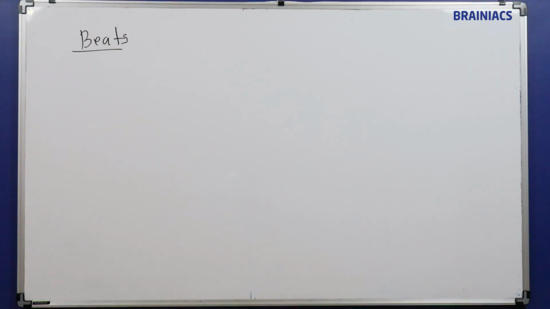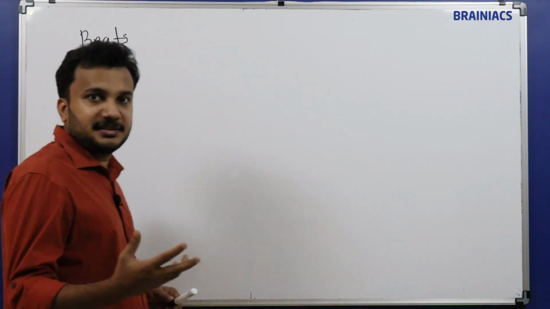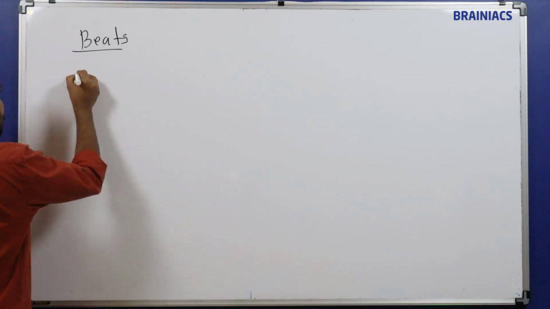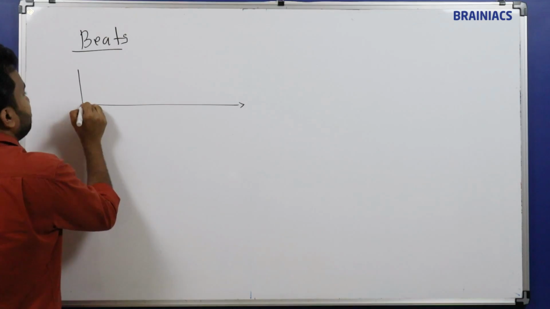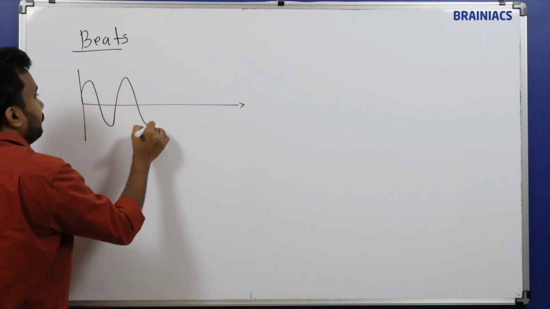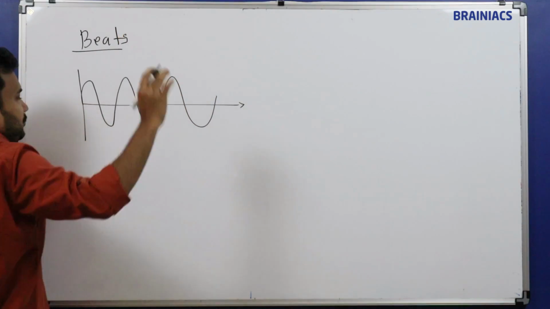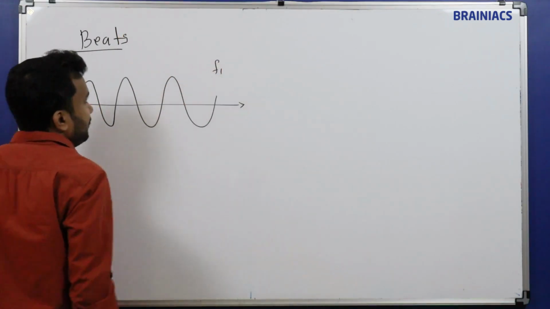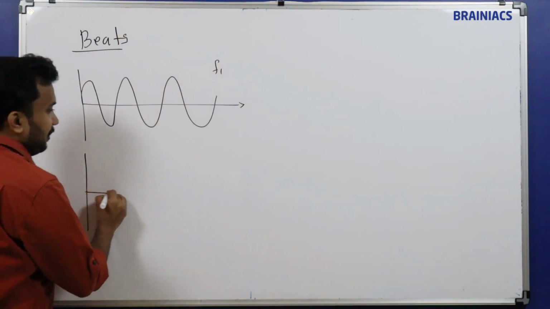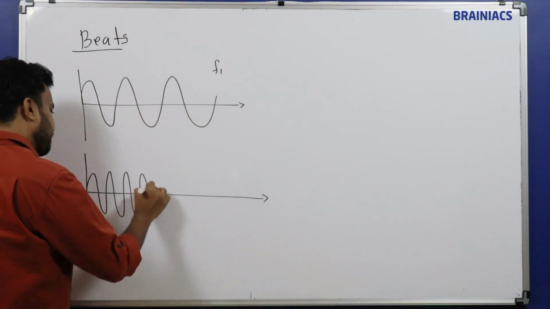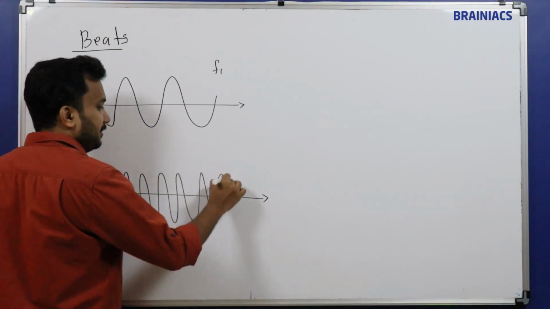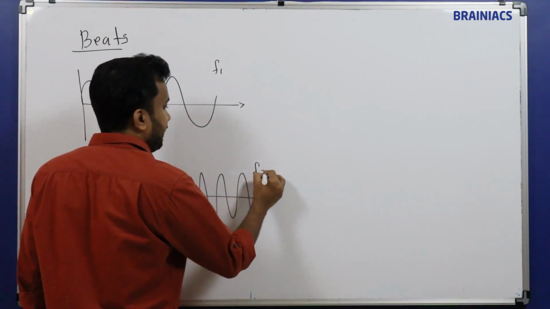Now I hope you are clear what is called beats. Now we will represent this as a diagram. I don't want to give some beautiful definition, but I want to teach you the concept. This is a relaxed wave with a particular frequency, say F1, the frequency of the wave. Now there is another wave going the same way over the same time period, but its frequency is higher, meaning the number of ripples per second will be higher. Its frequency is F2.